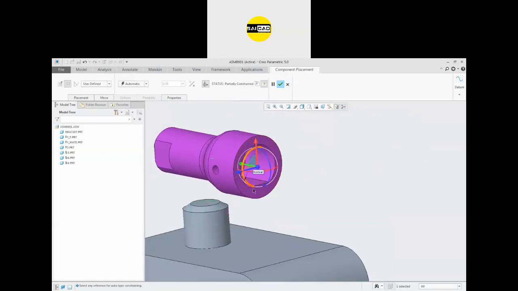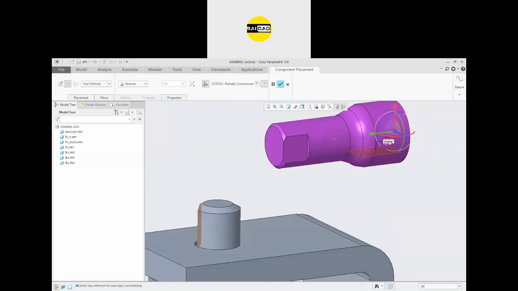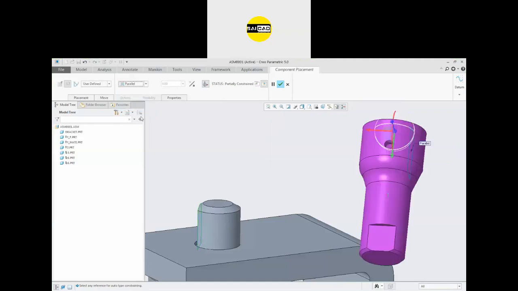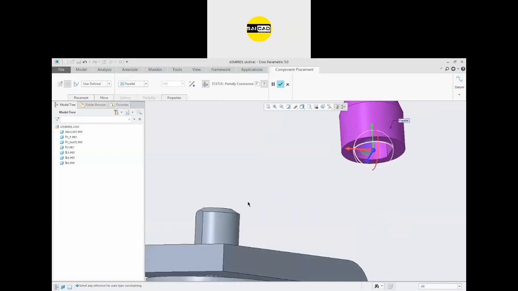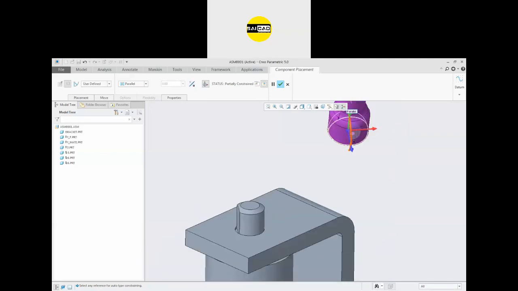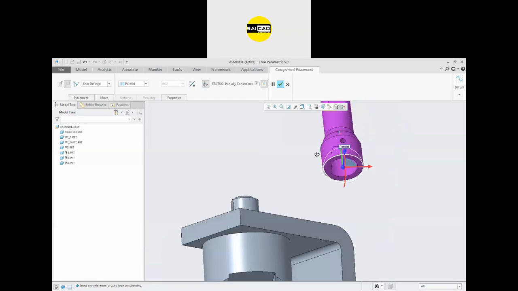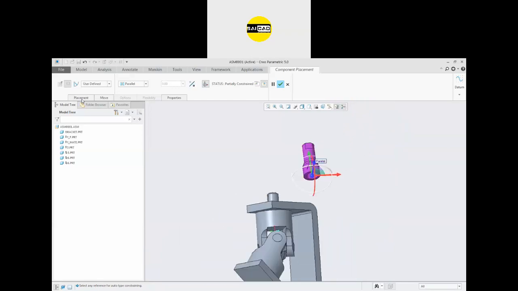So you can just select both the faces like that, and you will have a relation like it is normal. I don't want it to be normal. The normal means perpendicular. I want them to be parallel. Select the parallel relation. So you can see the object is made parallel to each other. So I want to flip. You can see the parallel faces are in opposite direction. So you can just click on the flip. So you can see the objects are made parallel. So the face is here, the face is here. It will be done like that.